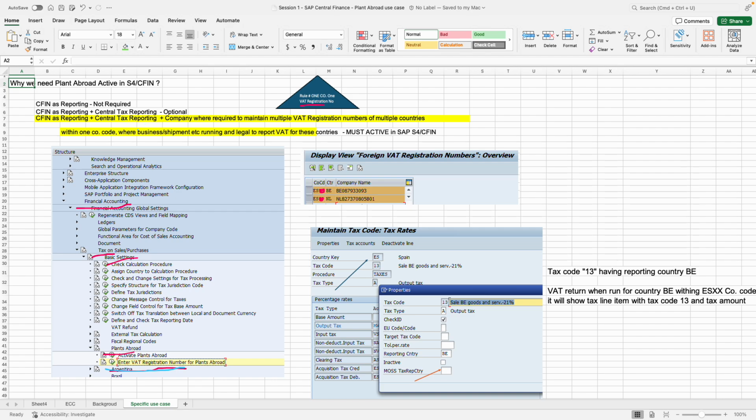Spain is buying goods from non-EU companies and shipping to the EU countries or vice versa. But as a part of VAT reports, Spain needs to report locally for the Spain country, as well as needs to report as a business in the non-EU or EU countries where the goods are shipped, for example, in Belgium. In this case, plant abroad activation is a must,